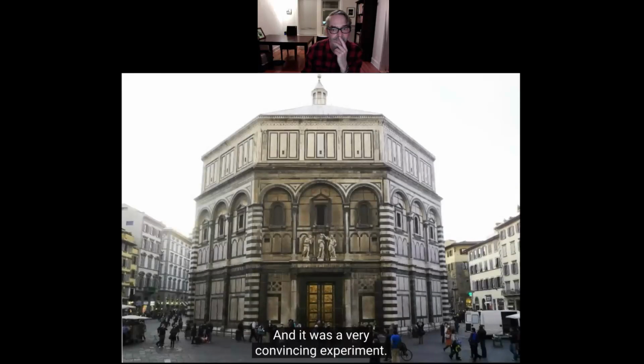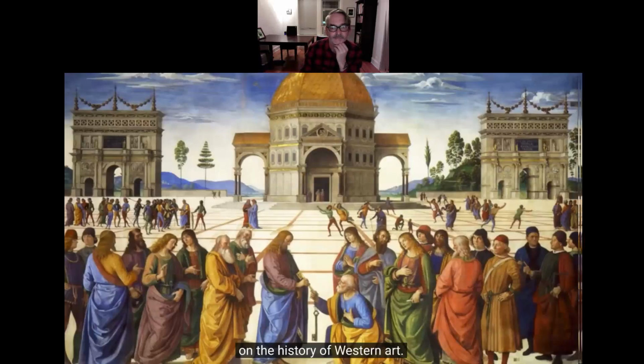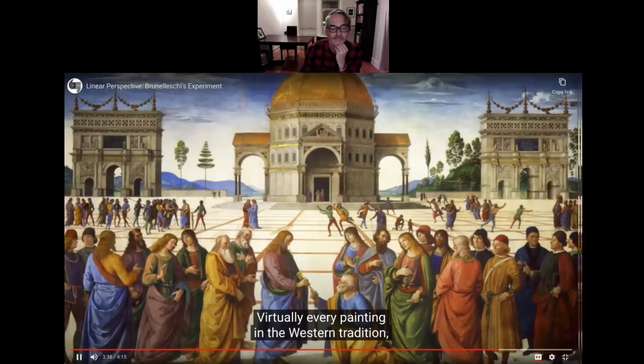What Brunelleschi saw in the reflection of the painting looked exactly like the reality that was in front of him. This would have the most profound effect on the history of Western art. Virtually every painting in the Western tradition after the 15th century is responding to linear perspective, either adopting it or very consciously rejecting it. You can see here the